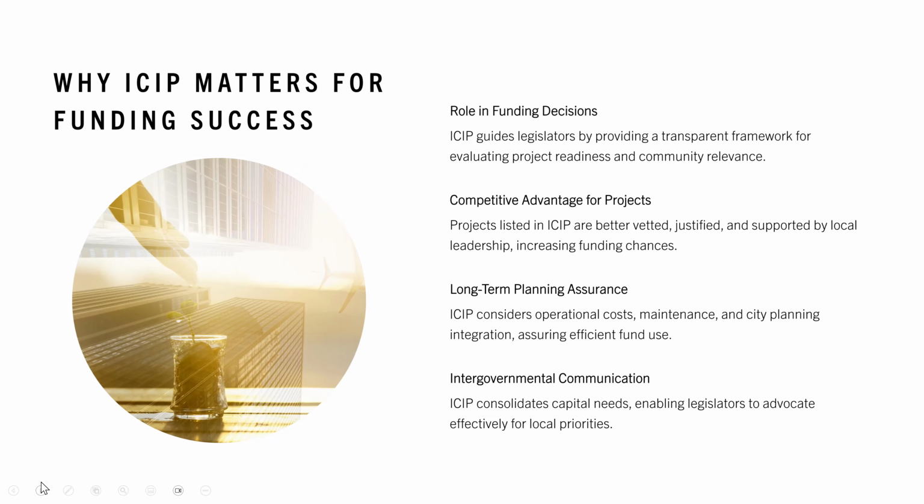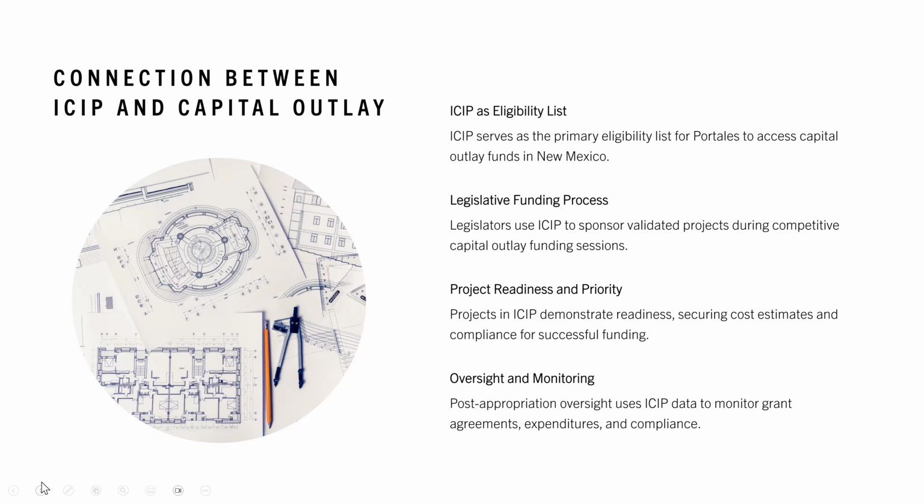So it goes out there and it basically gives everybody who needs a look, and some who probably don't, a one-shot portal where they can look in and see what we determine as our requirements and our needs and our potential asks, and they can all weigh in on that. Next slide, please. So we start to get in a little bit closer to home here. The connection between infrastructure capital improvement plans and capital outlay in New Mexico.